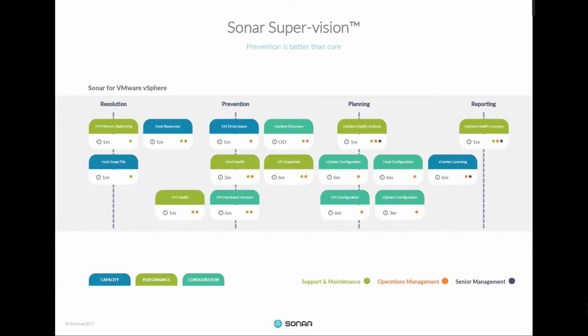This is what we call Sonar Supervision. It is a standardized implementation approach that our customers use to set up automated schedules of report delivery to various teams within the organization. The vSphere Management Pack currently covers vSphere versions 5 to 6.5, and each bubble represents a report or assessment that can be run, and each has a key focal area which each of the different colors show. These are categorized into 4 separate use cases, and starting from the left we have resolution, which is around fault finding, prevention, which covers optimization and maintenance, planning, which focuses on configuration maintenance, and lastly reporting, that provides summary